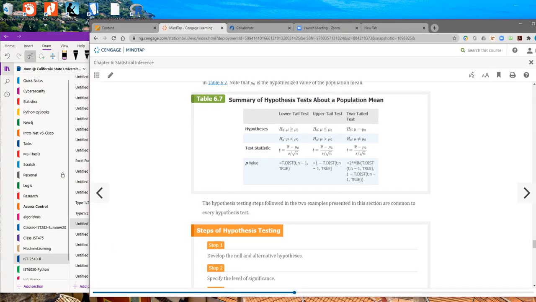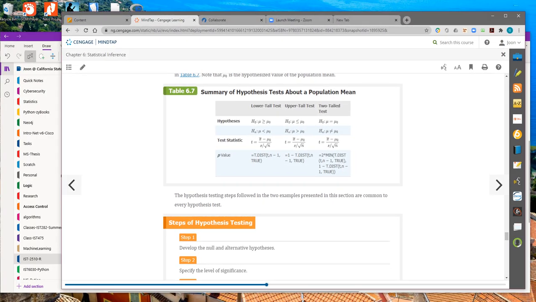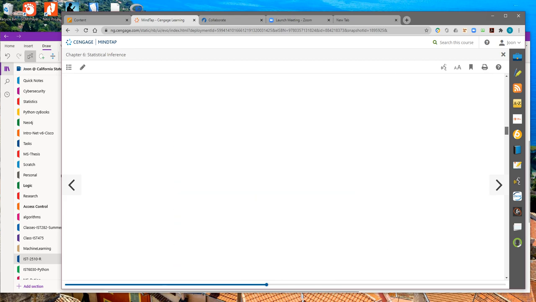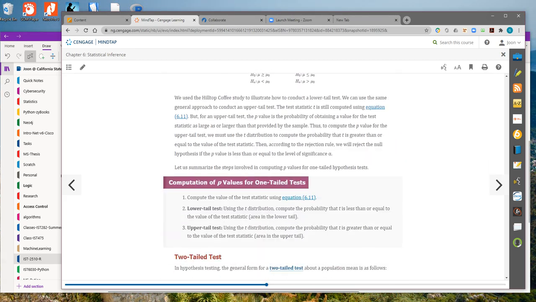Okay, so this section is about the hypothesis test about the population mean. The main title of this section is hypothesis test about a population mean, and the most important